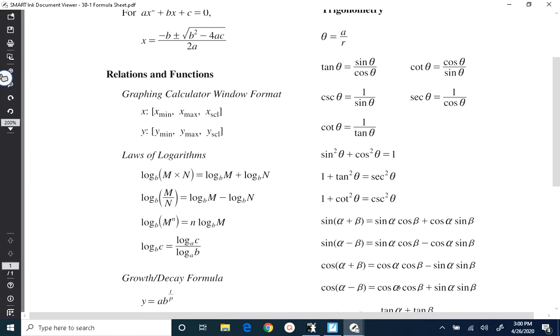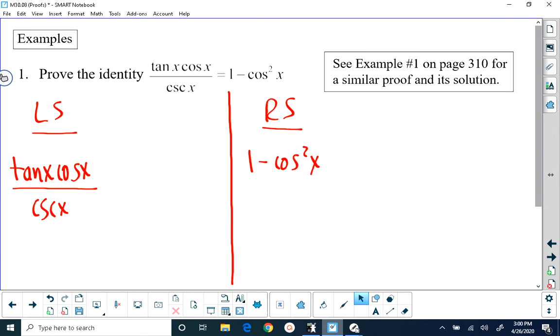The idea here is to use known identities to change the appearance of what we're looking at on either side so that things get simpler. And ultimately, if the left-hand side can be simplified to one particular thing, and the right-hand side can be simplified to that same particular thing, then we will have shown that the left and the right-hand sides are equal. As an illustration,